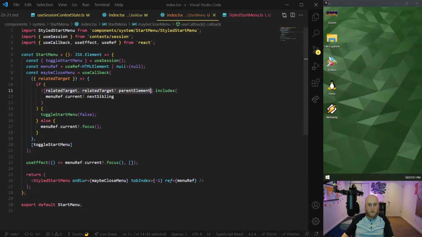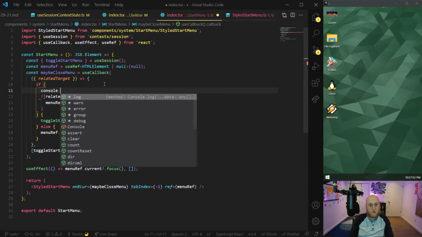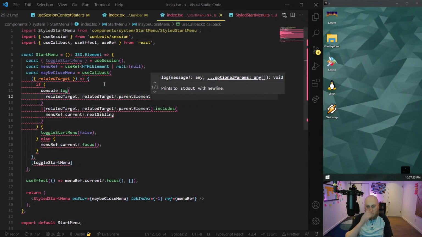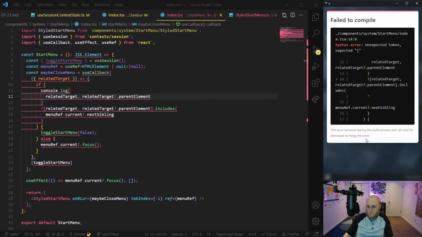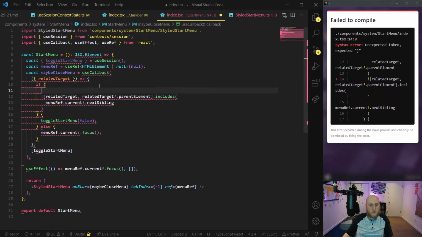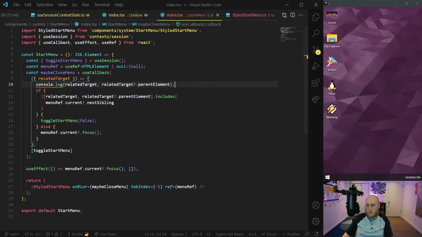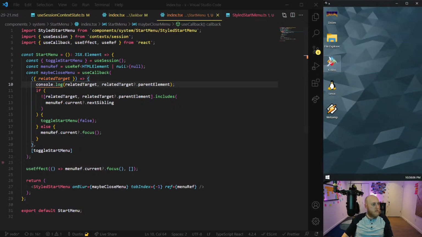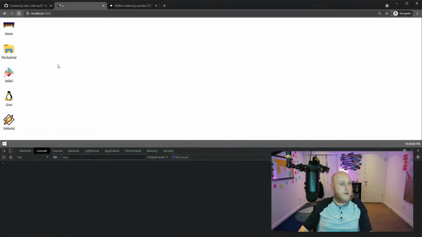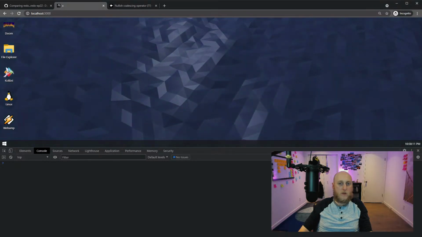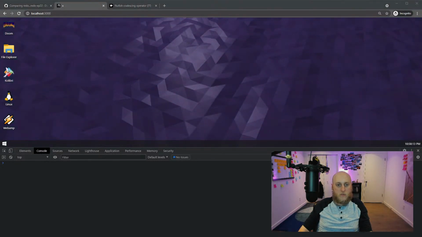Let's console log this and see what the heck this was. What did I have here logically? Because I've confused myself why I needed that. Oh, what happened? Oh, yeah, I put this in the stupidest place. That should be there. There we go. So let's open this in another window so you guys can see the console log too. And let's take a moment to remember what the heck it was.